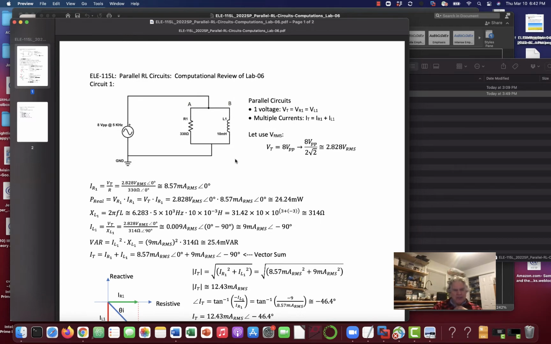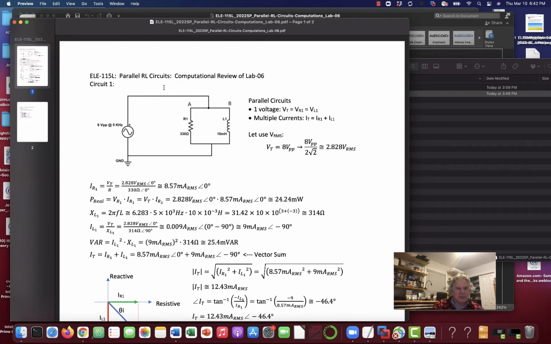So one of the things I'm going to suggest here, just to be more like the Sen gauge materials, is to use RMS. So we have peak to peak, so we've got to divide that by 2 to get to 4 volts peak, and then divide it by the square root of 2 to get to 2.828 volts RMS. All right. So now we have IR1 is equal to VT over R, because the voltage across R1 is this total voltage. So 2.828